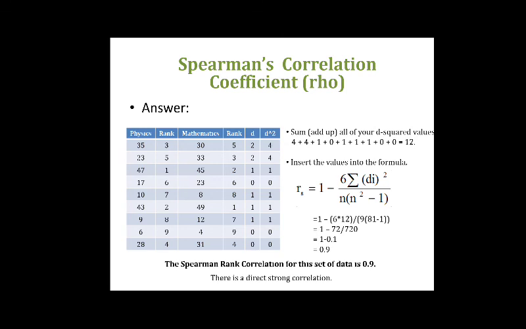The same thing we have to apply over here, direct, indirect, and the ranges. Here again the value is between minus 1 and 1, and depending upon the sign and the value we have to say whether it is direct, indirect, strong, intermediate or weak, right? So this is the example of the Spearman correlation coefficient.